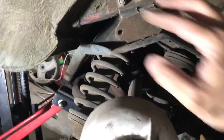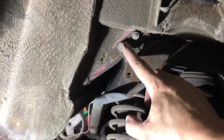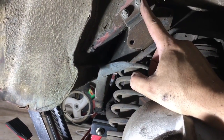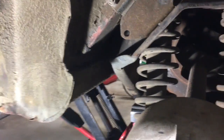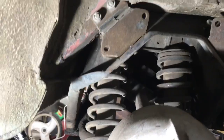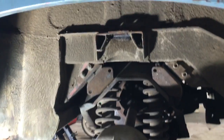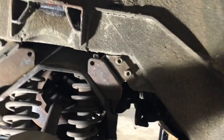All right, so I was wrong. It's not pull out the 8 bolts, 4 on each side, and it drops out because they've, quote, engineered it so that you can't access the back of these bolts. I guess you could cut holes in the trunk or something like that, but you can't get at them with the differential in place, and so it ends up being kind of like a Chinese puzzle, although I'm guessing that the British actually were the puzzle makers and then just blamed it on the Chinese,